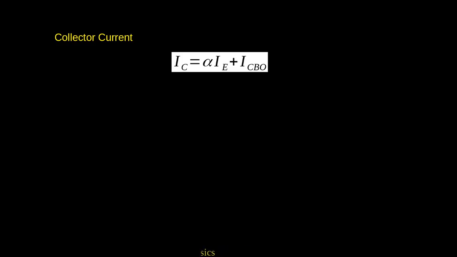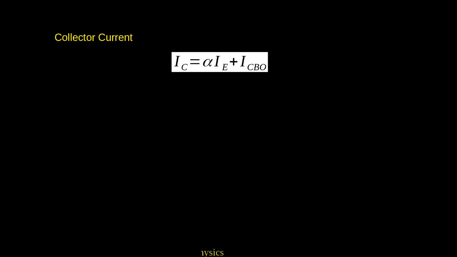This leakage current is represented by, अब ये कहाँ से किधर जा रहा है? ICB, the collector base junction की तरफ से. But कब? When emitter is open, so we can write ICBO, the current at the collector base. That's why we are saying the collector base current with emitter circuit ओपन. ये हो गया आपका कलेक्टर करंट. तो कलेक्टर करंट क्या आएगा? IC इज इक्वल टू अल्फा I प्लस ICBO.